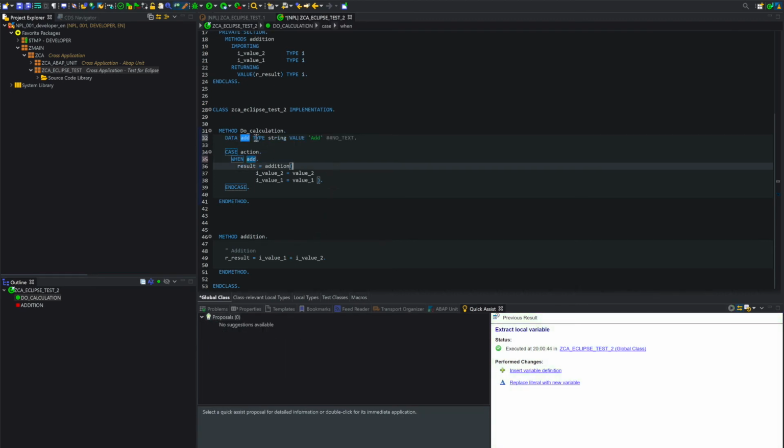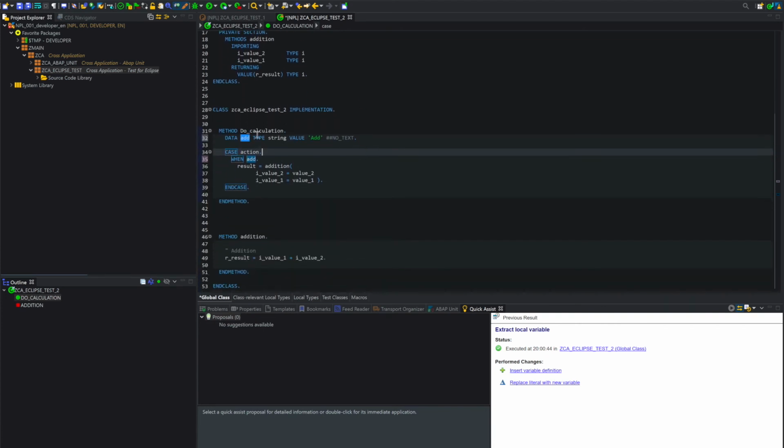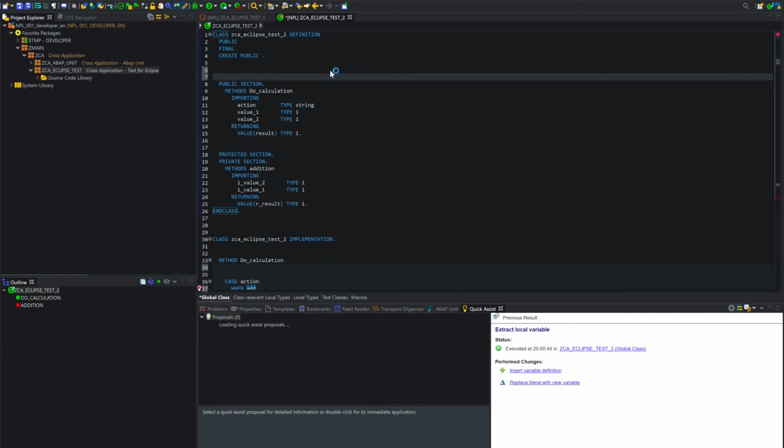So now I have a data named add type string value, and there is already the pragma. I could move this directly in the public section.